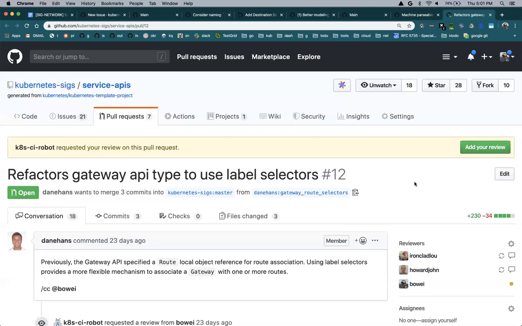I think I alluded to it a couple of times in comments on PRs, but one of the things we're effectively doing here is creating exemplars on how to do this sort of work. More generally for Cube, a lot of people who are going to build controllers will be coming here and looking at this code base, at the way we've done the types, and taking that as an example for how they should do their controllers. I don't know about anyone else, but that's how I tend to build a new thing, by looking at how other people have done similar things.